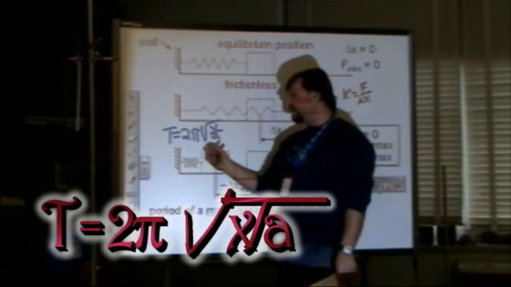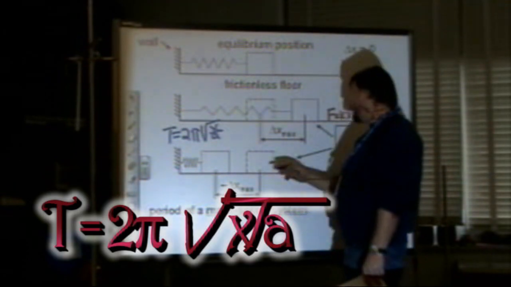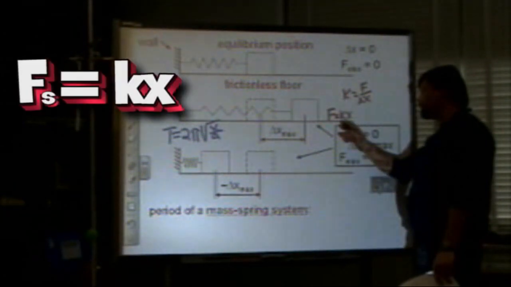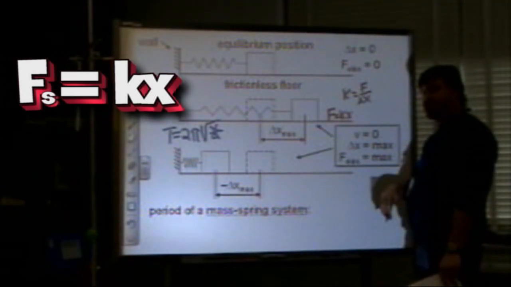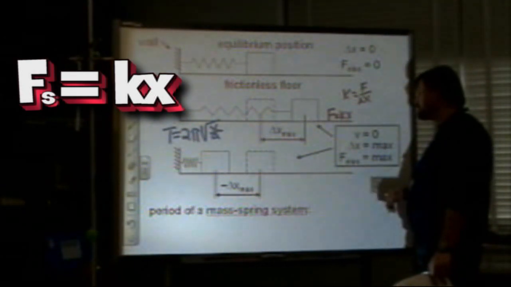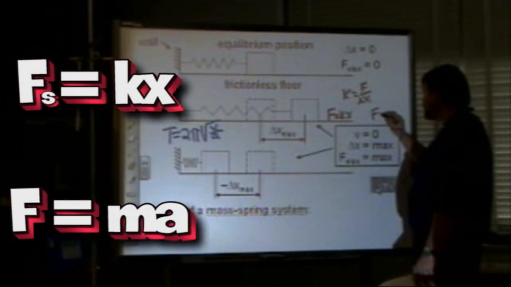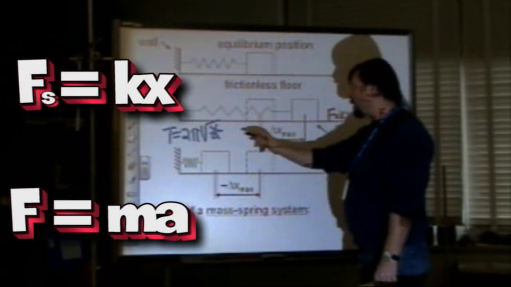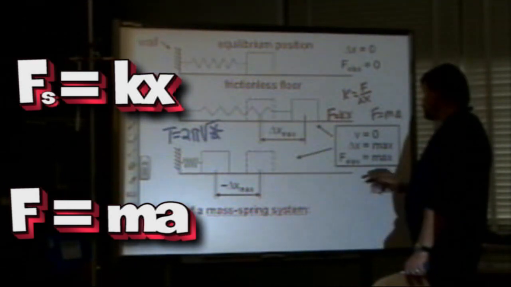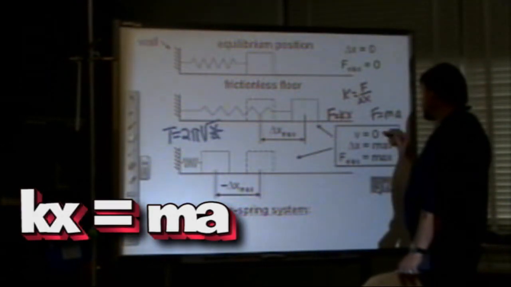Using this equation to determine the period of a mass spring system, and knowing that Hooke's law is force equals Hooke's constant or spring constant times the displacement, and also knowing that Newton's second law is the force is equal to a mass times acceleration, we can now combine these equations so that we have a